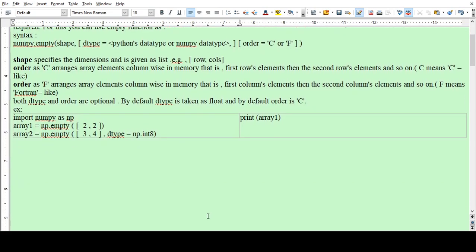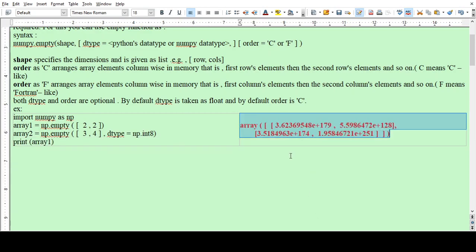See one example. We create an array: import numpy as np, array1 equals np.empty(2, 2), and array2 equals np.empty(3, 4, dtype=np.int8), and print array1. What output will come? Here you will see the array with some values, like 3.62369548E+179, and the second, third and fourth values.